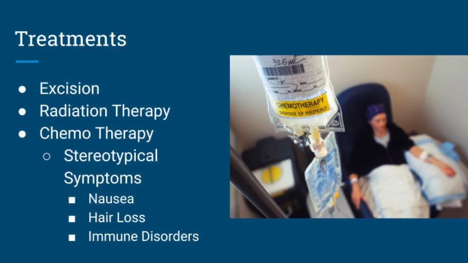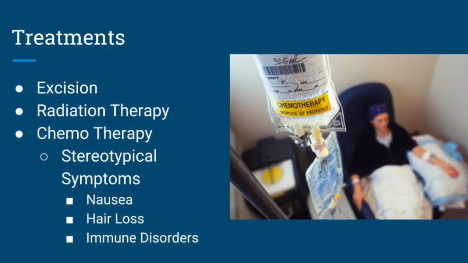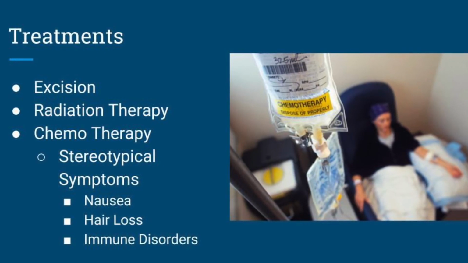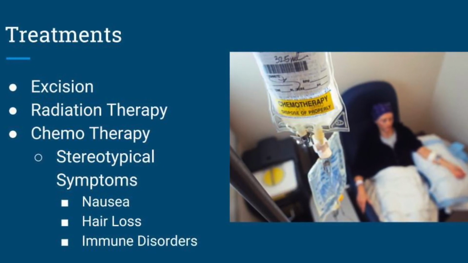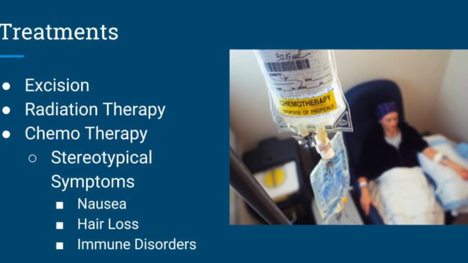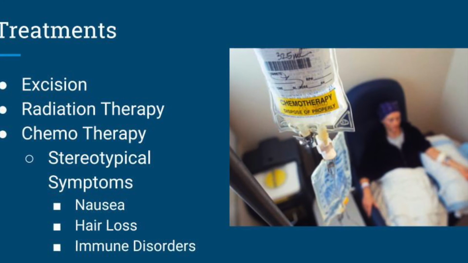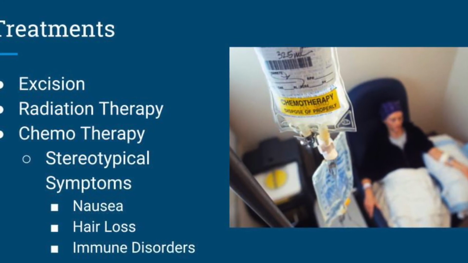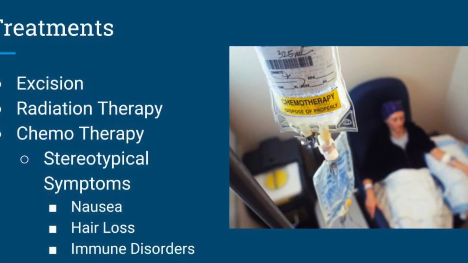The simplest form of treatment is excision. Here, the tumor is surgically cut away and removed from the body. To combat any leftover cancer cells, patients may be administered radiation, which is a local treatment used to blast cancer cells to death. If cancer has spread, chemotherapy may be more effective.